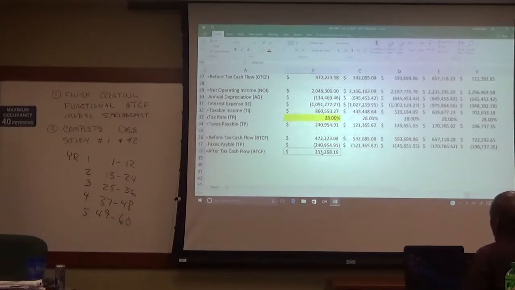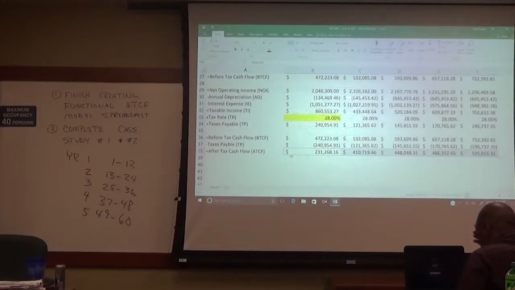Question. Rather than doing the sum, because a lot of times I'll just sum it, is there a way that you can make it so that if you add a cell in between, it still calculates everything through? If you use the sum function, that will do that. Yeah. But we're not going to mess with anything, so